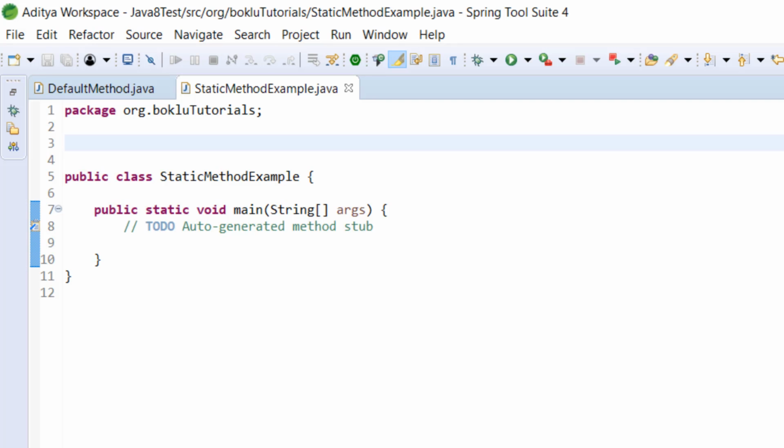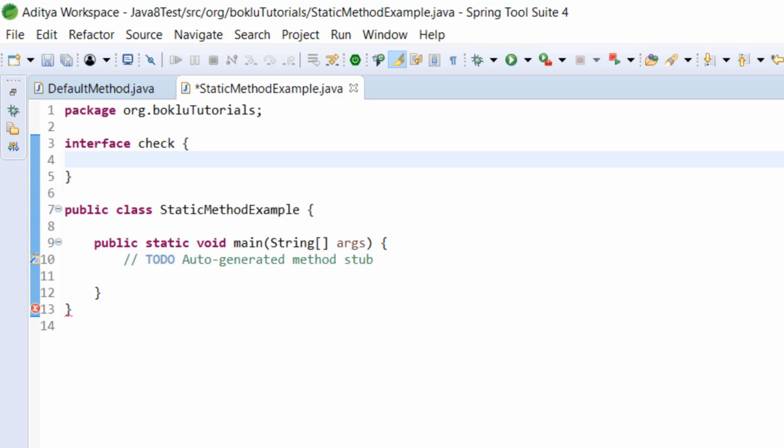So let's start. To understand the implementation of static method, we are going to take an interface. Let's take the interface name Check. We already know how to write a static method. We will use access modifier, after that static keyword, then return type, then method name, after method name function parenthesis, and inside function parenthesis we are going to write arguments if we need. If we don't need, then we will not write arguments, and after that we will provide open brace and close brace, and inside the braces we will write our own function implementation.